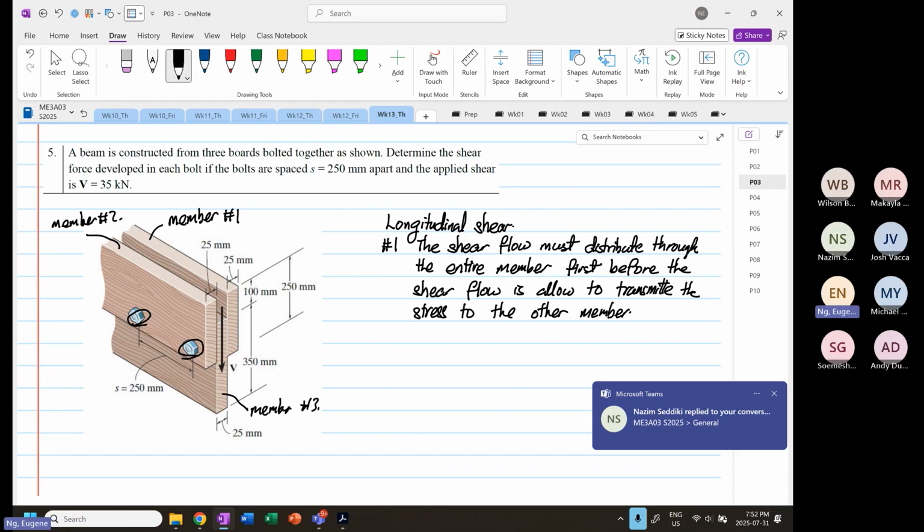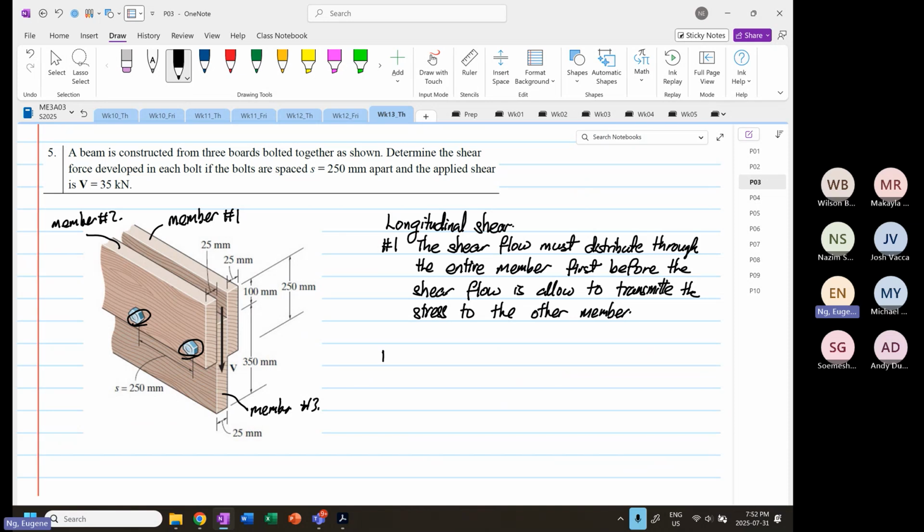Yeah, this is a longer version. Okay, and then the second rule is after the fasteners are used to transmit the shear flow. Okay,